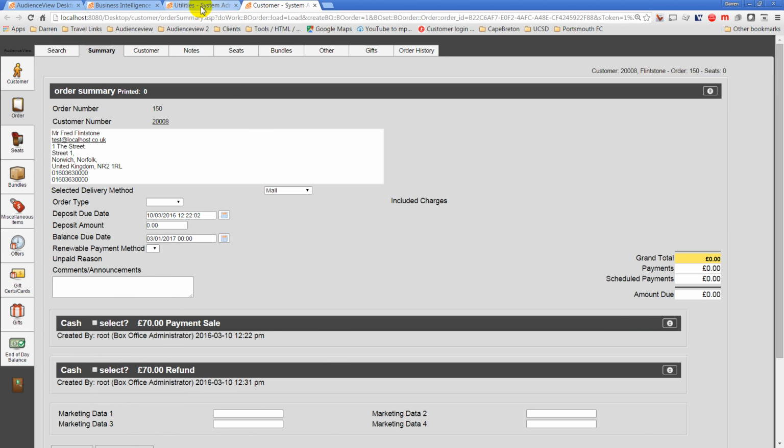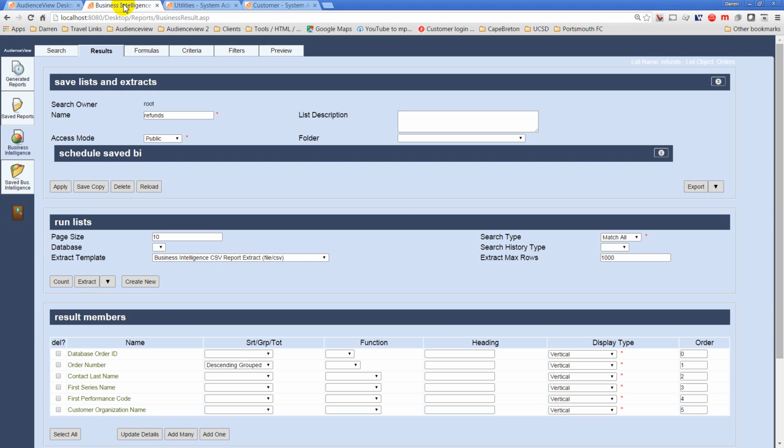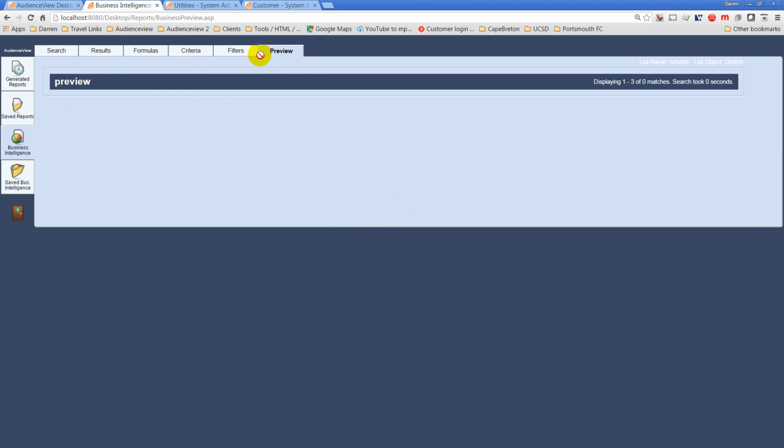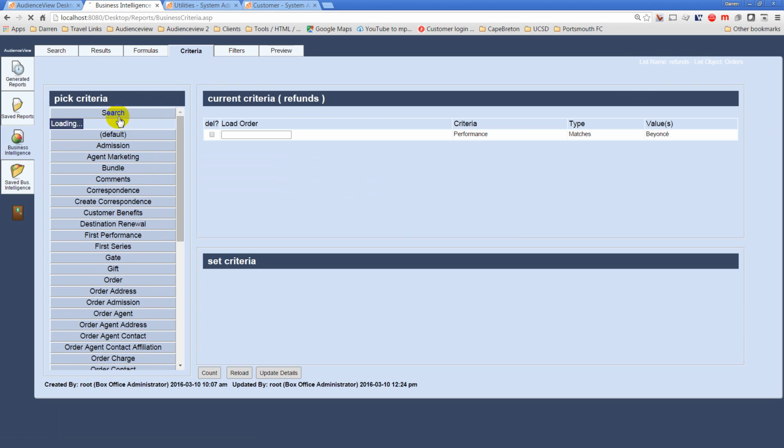So imagine if you had 1,000 tickets on a performance to refund, the time it would take you to go through and refund each of those orders one by one has dramatically been reduced, and you can get the system to do all that work for you. Slight word of warning, I would always restrict the BI first of all, to have a look at the orders that you've got. Obviously this one's not going to show anything now because the tickets have been removed, but I would set my criteria once I've found an order number, and it may be a test order that you've created yourself, put that into the criteria